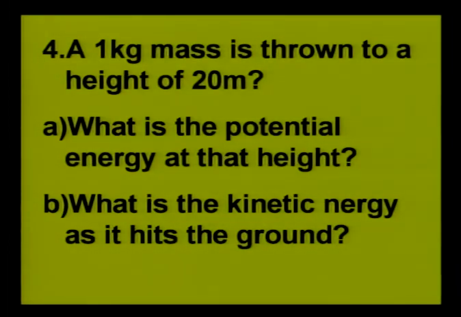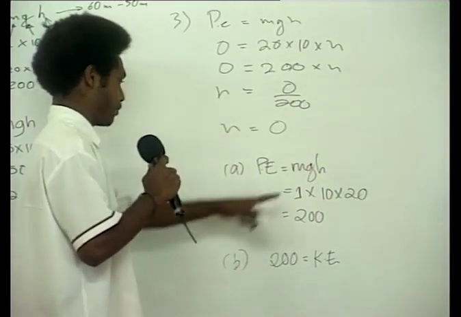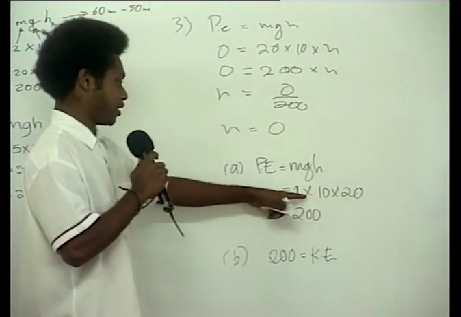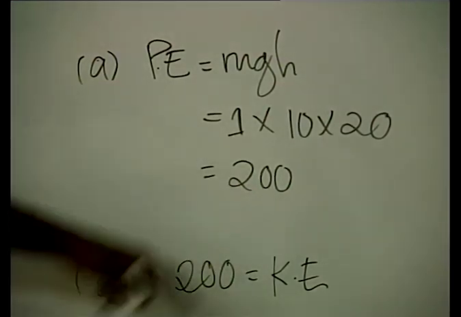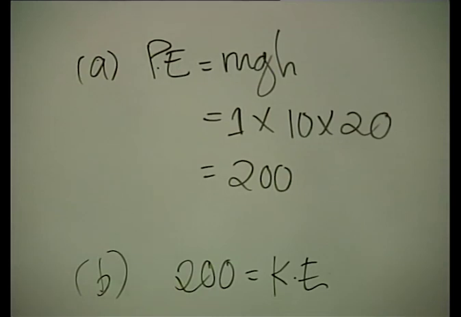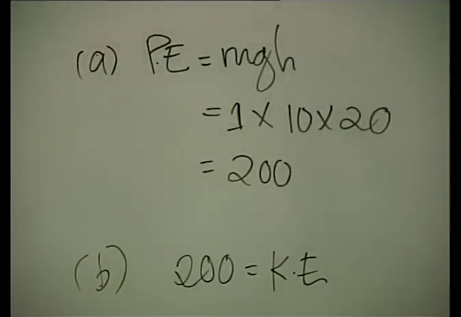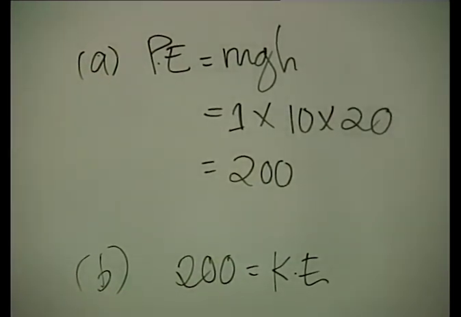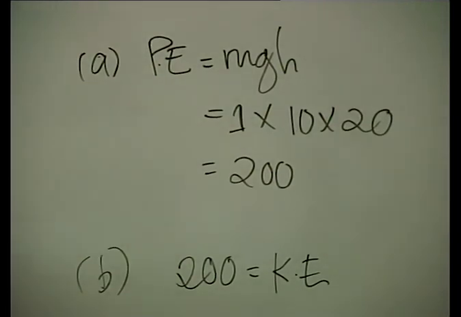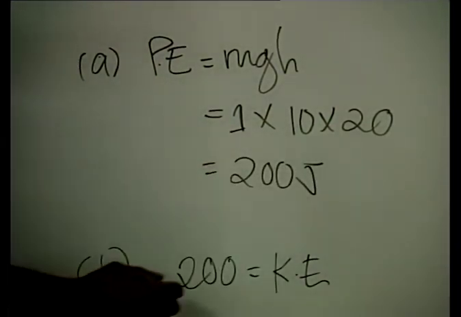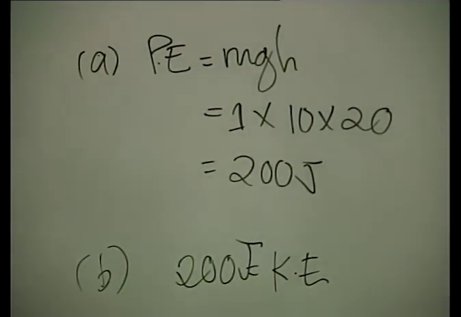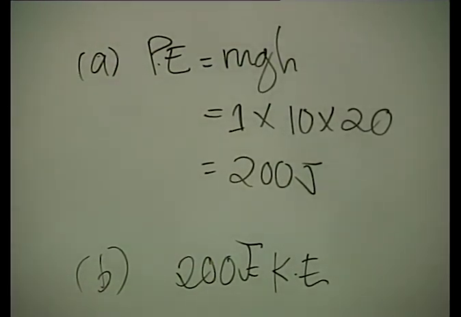For the first one, potential energy equals basically the energy. So it's multiplied 1 times 10 times 20, I got 200, and because PE is equal to KE, I got 200. Okay. Our answers for this will be 200 joule, and this one will also be 200. Now, before I summarize, I'll go through and explain to you exactly how we can